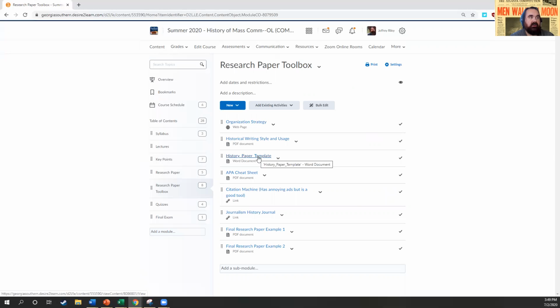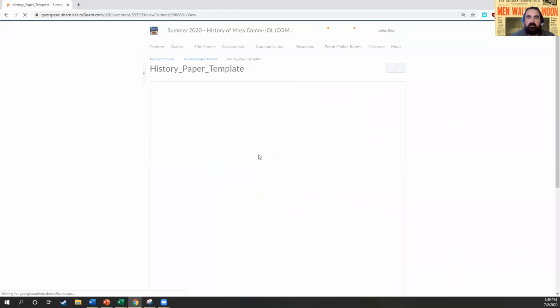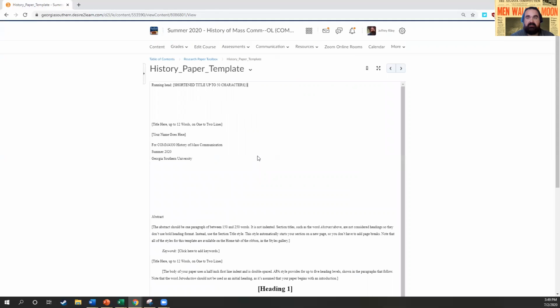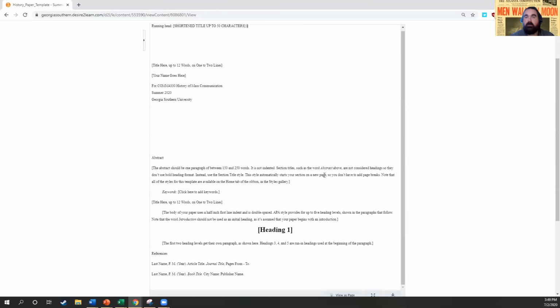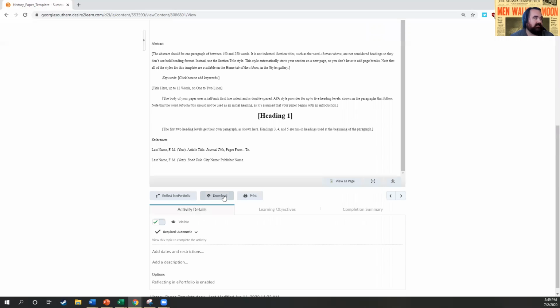So this right here, history paper template. One of the biggest things that students struggle with when they're having to do this kind of research is the template style, or actually formatting it all together in a document. And so I have decided to make it as easy on you as I possibly can. So I have this document here, and if you go ahead and click the download button,